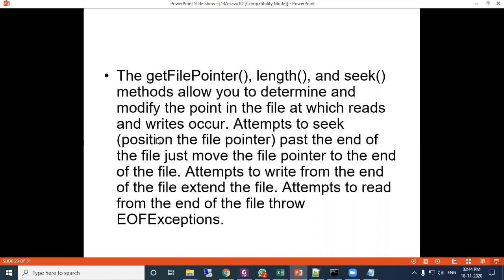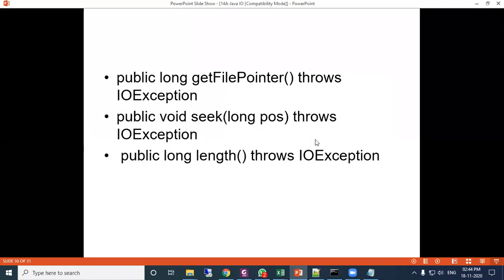So here, the seek method is used to move to the particular position. We will see these functions in the program. getFilePointer returns the current position in the file.